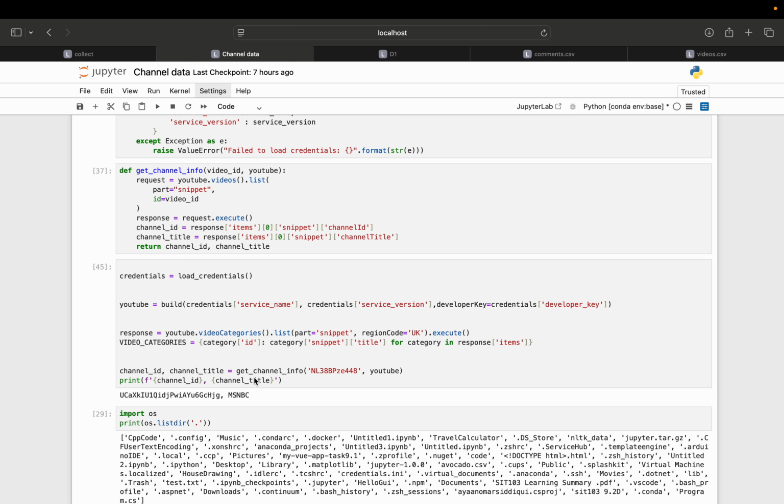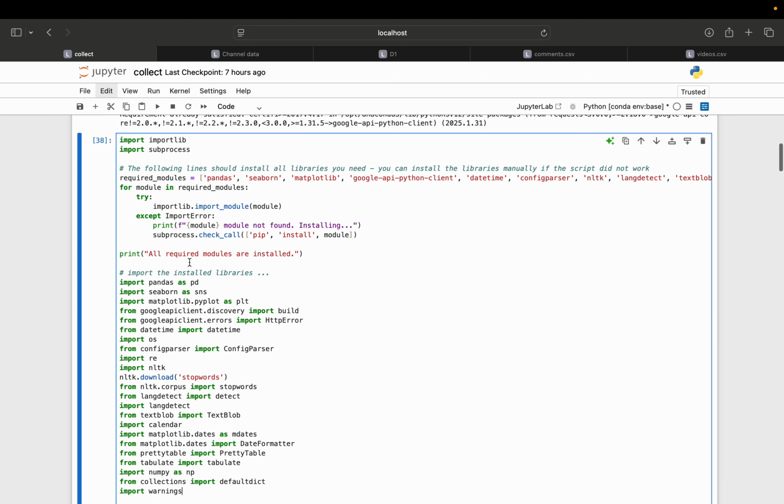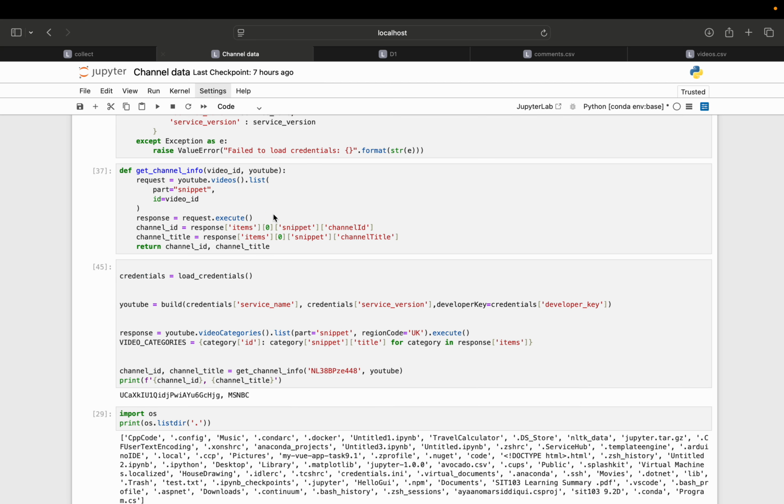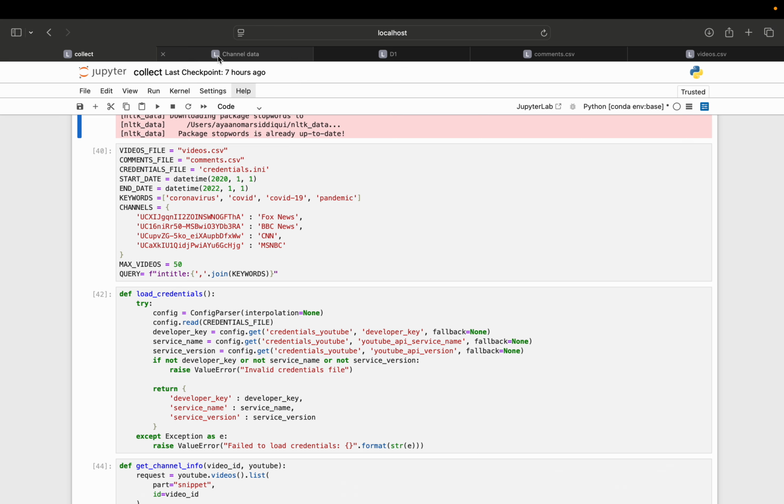It gave me the video ID, which I executed in my collect file one by one. So I did the Fox News, BBC News, and CNN, and lastly the MSNBC. That's why it's showcasing the last one right now. So I created the channel data file just for that particularly, and the collect file just to run the